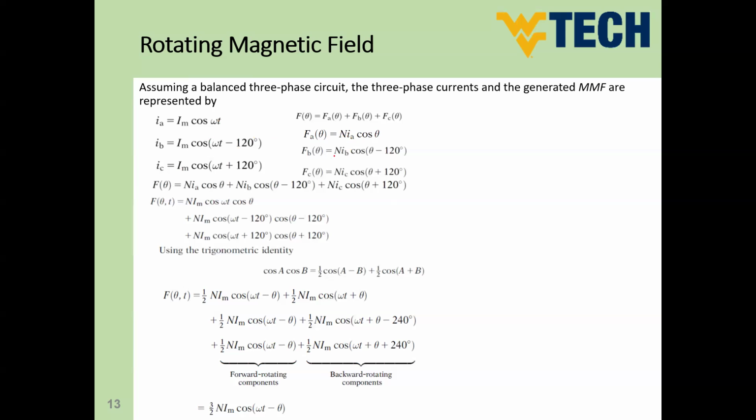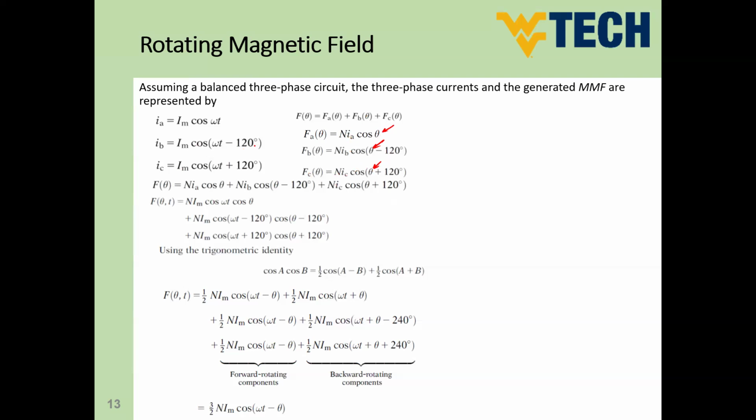For phase B, it's going to be N times IB cosine theta minus 120, where theta is the mechanical angle. And for phase C, it's going to be N times IC cosine theta plus 120. Now, if you substitute IA, IB, and IC in these three relations, replace IA by I maximum cosine omega t,